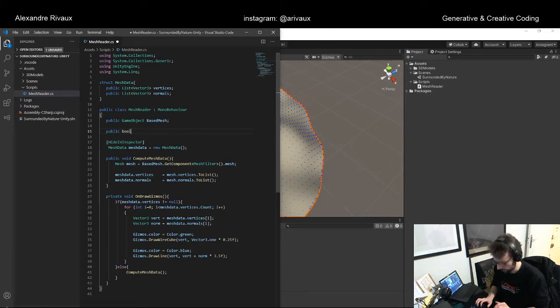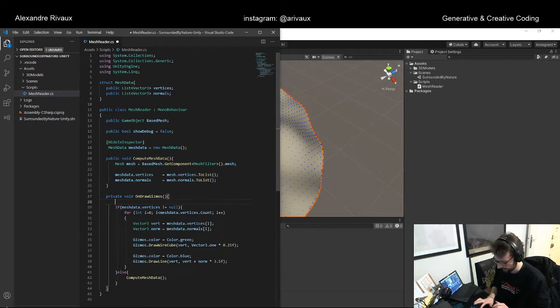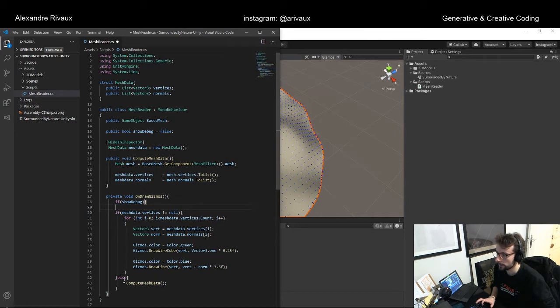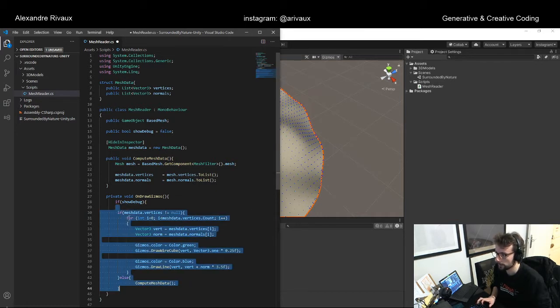Make bool show debug equal false as default. Let's say if show debug, and then let's add all this little guy here inside our